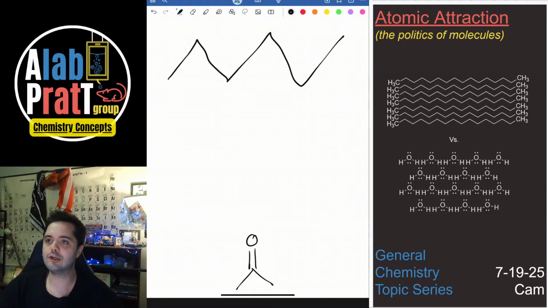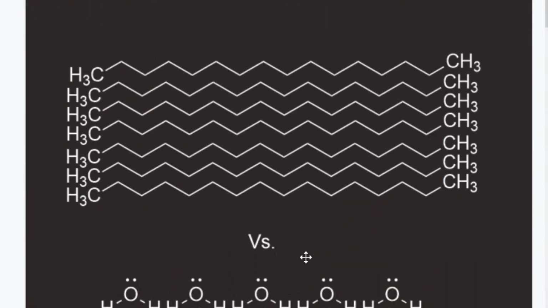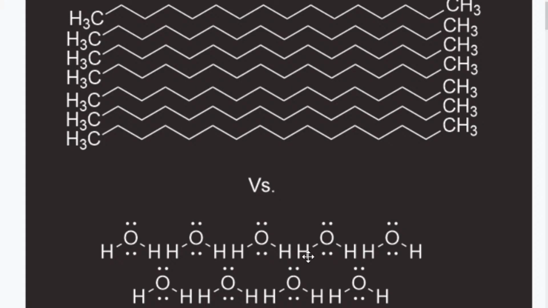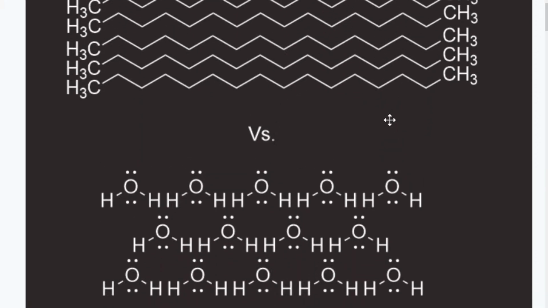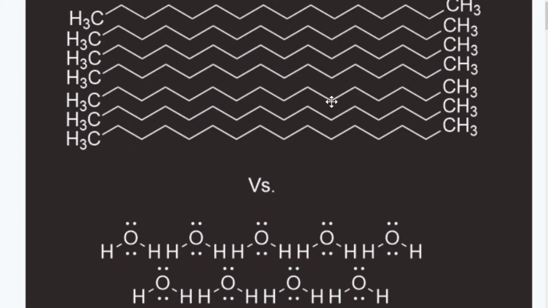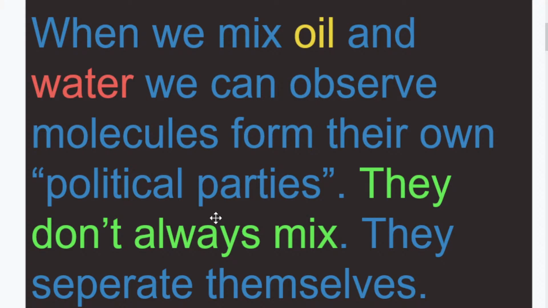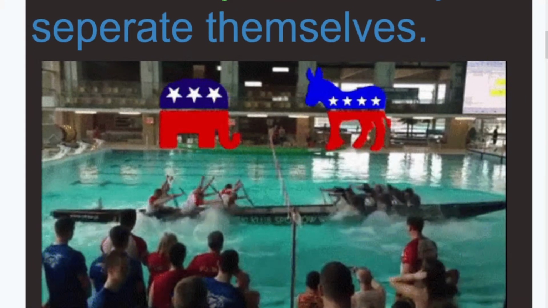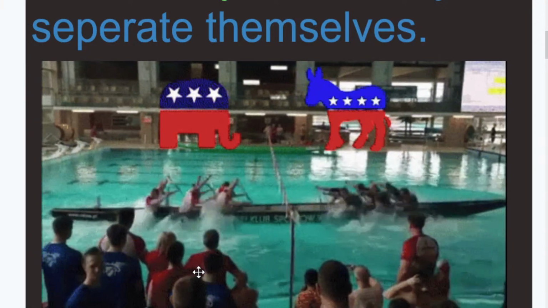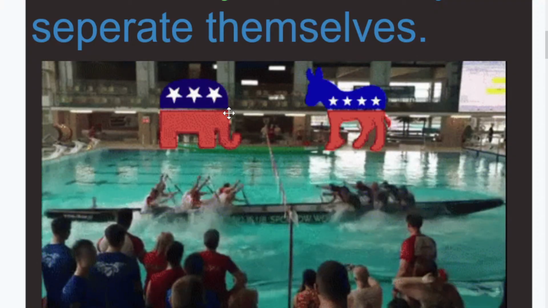As we look at this first image that I'm starting with, you'll see something that you may have experienced before. If you've ever mixed oil and water, you would find that the oil, which is a long carbon chain, will separate itself from the water it's been combined with. Depending on density, I could be wrong here, but we won't check that. Usually the oil is on top and the water is on bottom. What I want you to know is, just like political parties don't like to always mix with each other, molecules are similar. They separate themselves. We know that these parties are separated, right? They fight each other. They don't want to necessarily work with each other. They're sometimes working against each other.